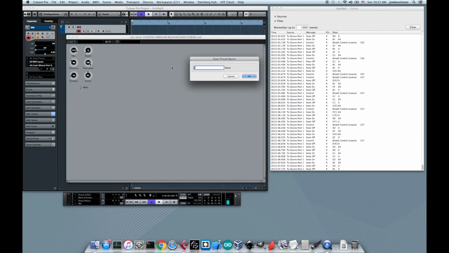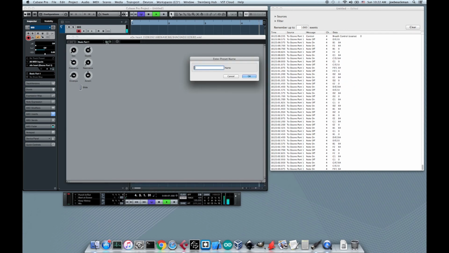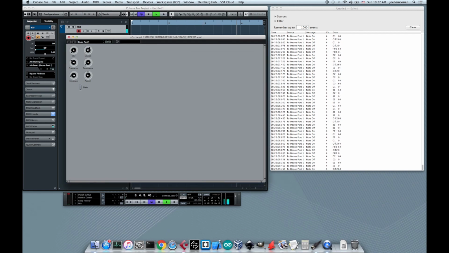I can call it basic fart 1, and now I have essentially a preset that I can recall. So say I go off and I make some other, like some heavy bass sound. I can just call it a square filled bass,